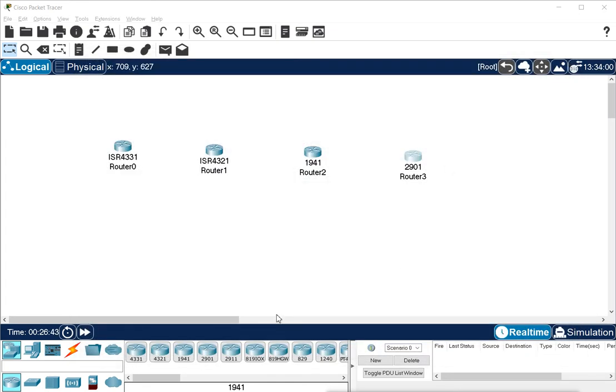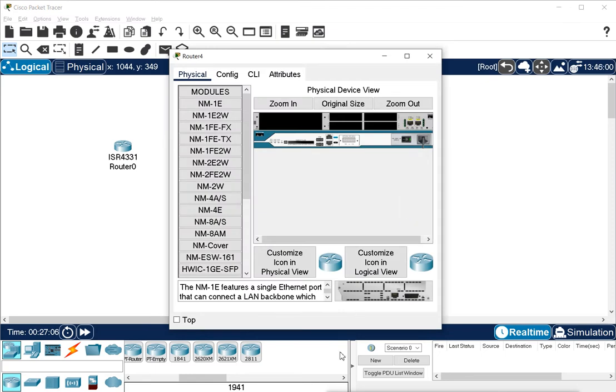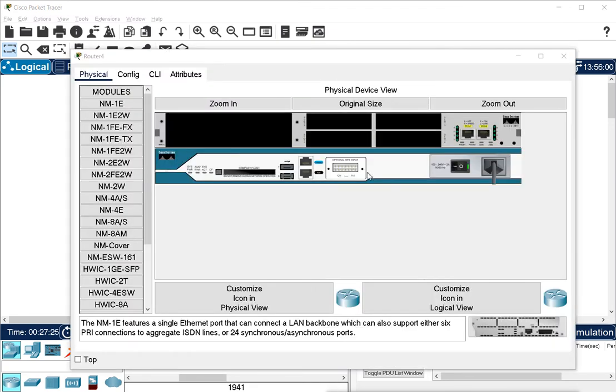Then same as we have these other modules, we have many other different models of different series of routers here. As you can see, we have this 2800 series router.